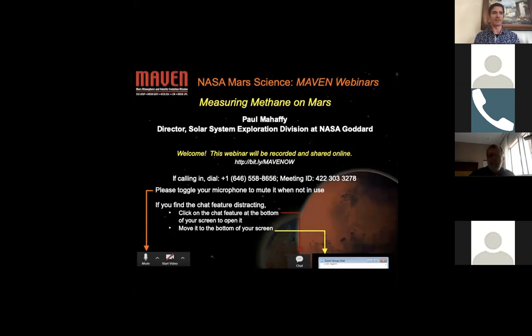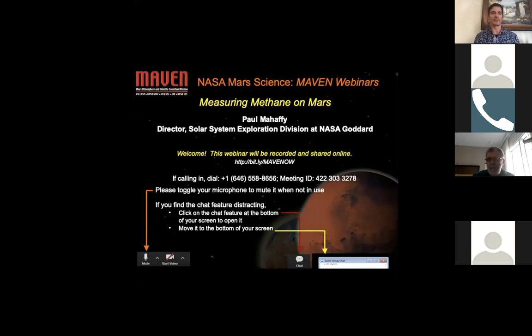Dr. Paul Mahaffy is the director of the Solar System Exploration Division at NASA Goddard, where he's involved in the study of planetary atmospheres and the development of space-qualified instrumentation. Paul's main research interests are planetary science, especially chemical and isotopic composition of planetary atmospheres and comets, advanced instrument development for organic and light isotope analysis in planetary targets, and analog studies for Martian and cometary materials, including both laboratory